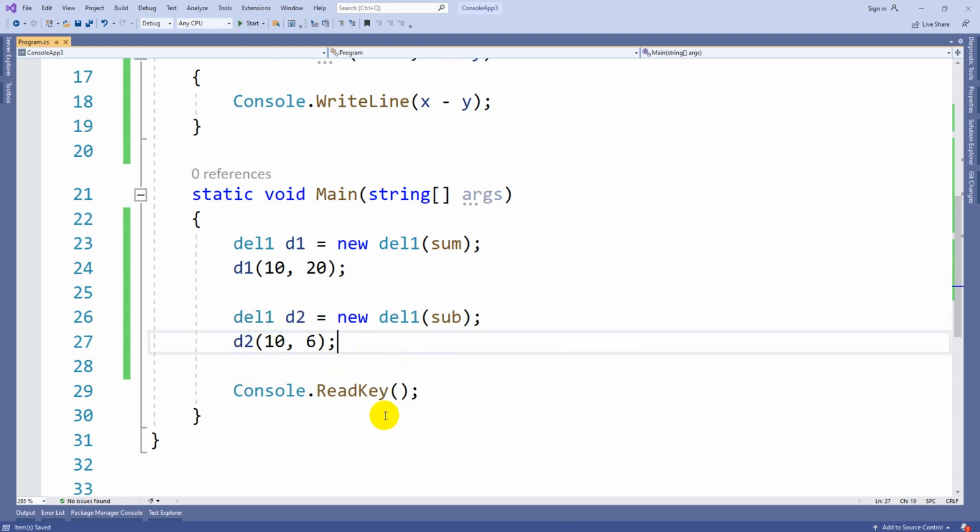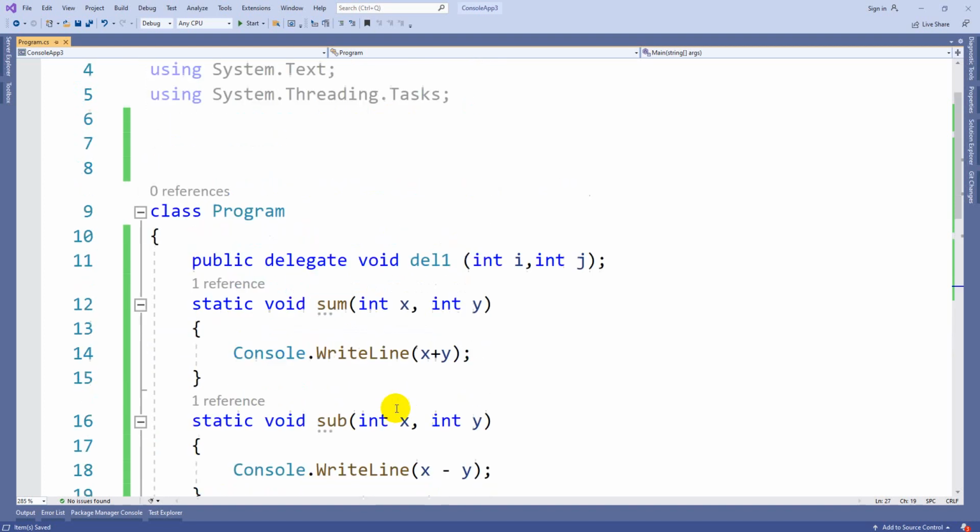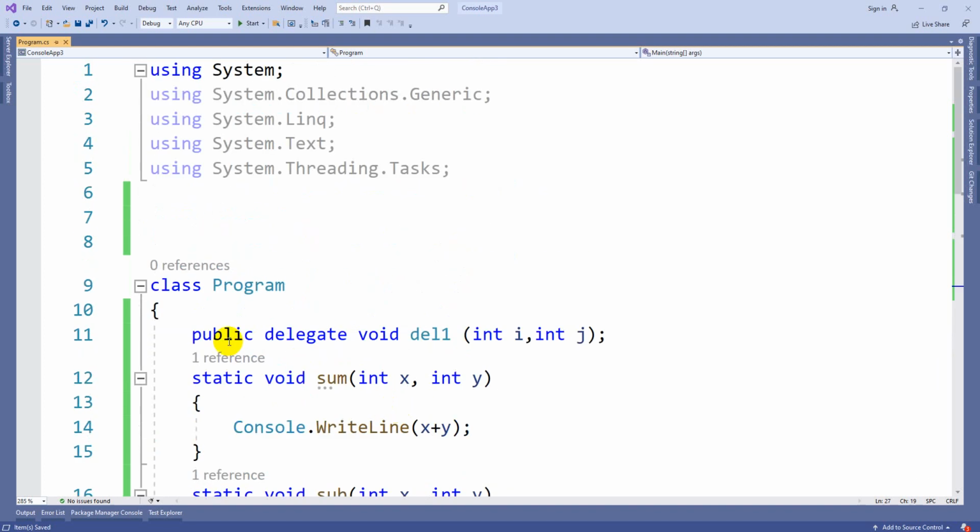So you can simply target one particular method by using delegates. Without delegates also we can directly call the method, but if you want to continue the hierarchy of C language, you can use these delegates. Delegates are helpful to target or point to one specific method in C sharp.